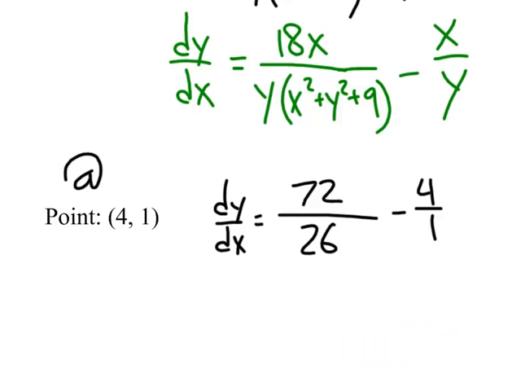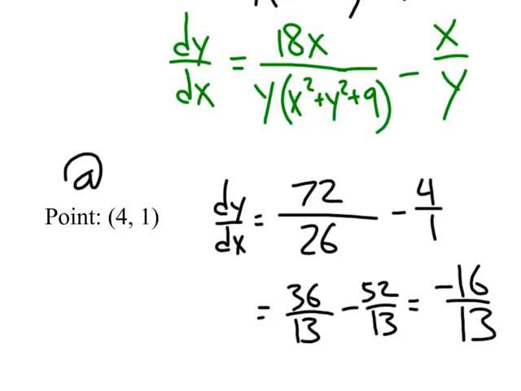All right, if I simplify that a little bit, that's going to be 36 over 13. I just reduced that first fraction there. And the second fraction I'll write with a common denominator. So instead of 4 over 1, I'll do 52 over 13. And 36 minus 52, let's see, that'll give us negative 16